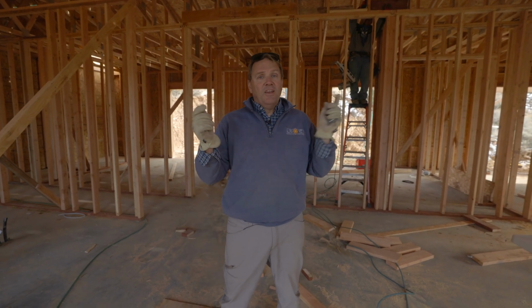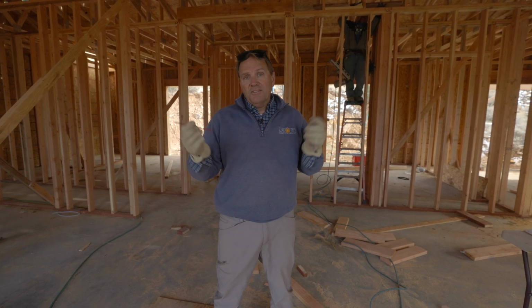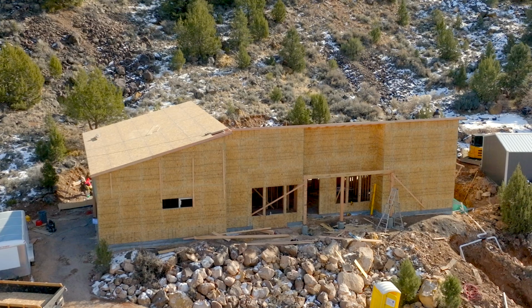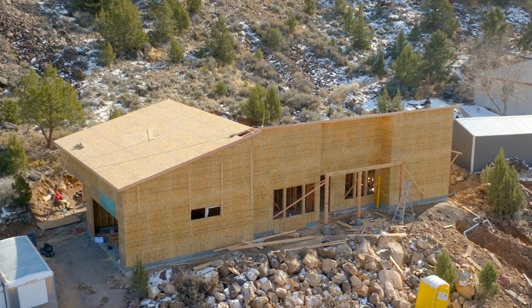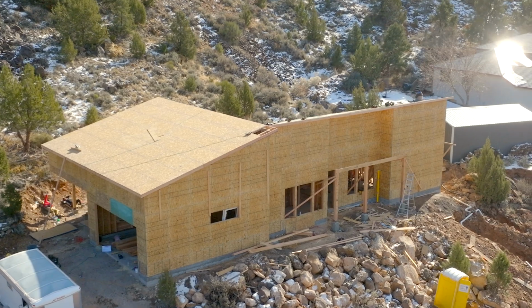Forgive me, it's noisy. I don't want to stop my framers. They're very eager to get this done before the holidays. So I'm going to squish in a little tip on framing. Things that I've worked through and solved, and I use the rafter system to solve the headaches that I've been facing